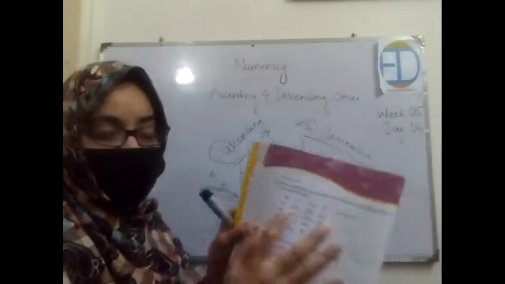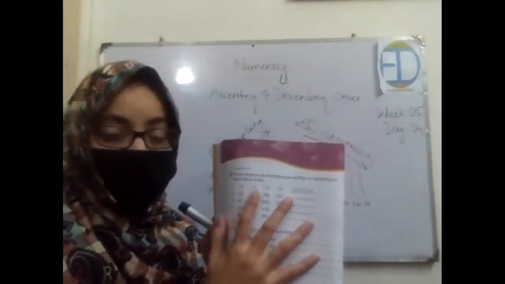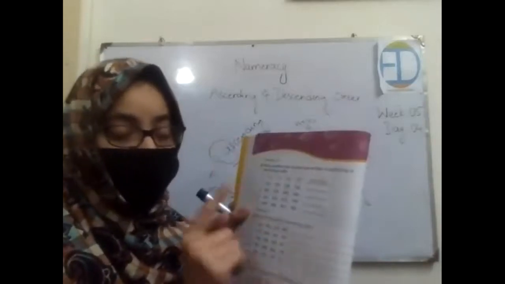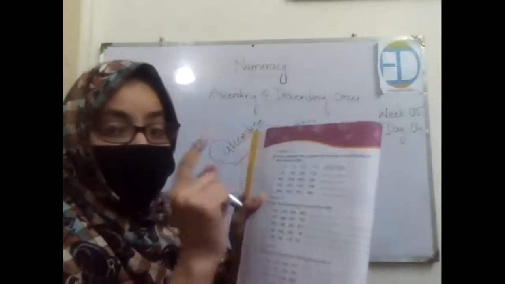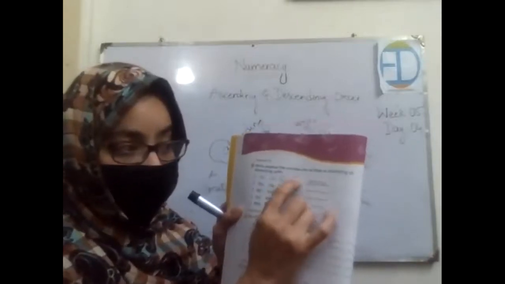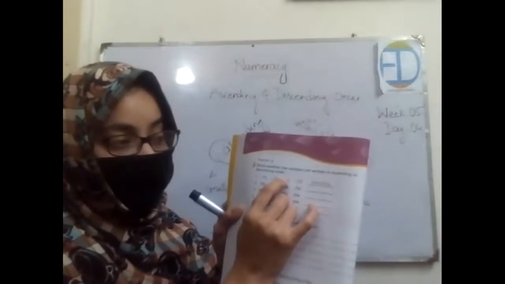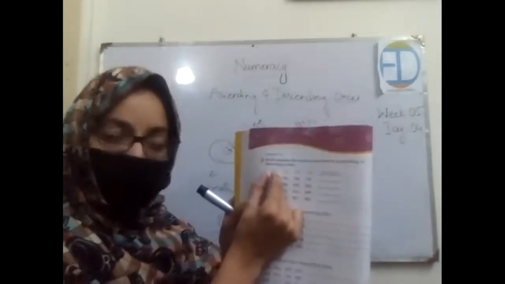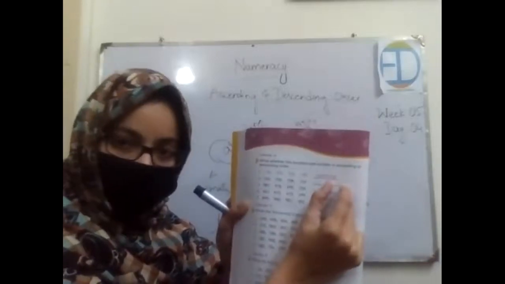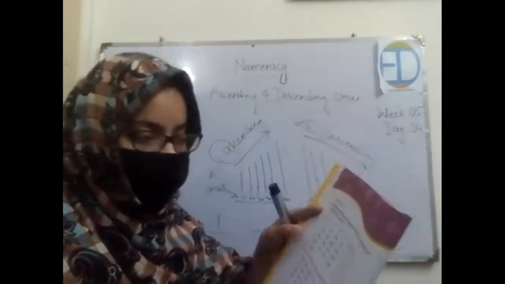First, look at the first digits of the number. You can see that in the first one, which is already solved for you, all of the first digits were same, so we will be looking for the second. The second were also same, so now we will be looking for the third. Now in this way, this third one is 9. 9 is biggest, then 6, then 5, and then 4. So this is ascending order. They started from the smallest number and then moved toward the highest one, right? Now look at the second one.